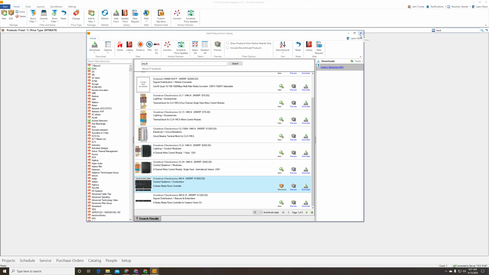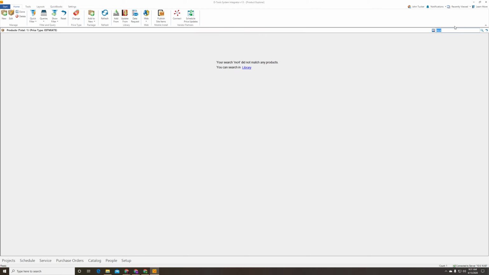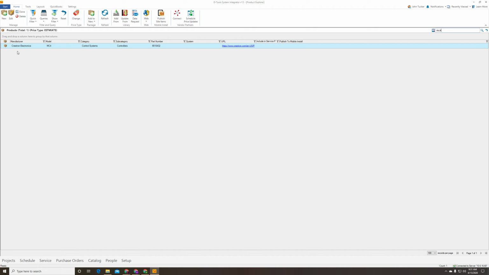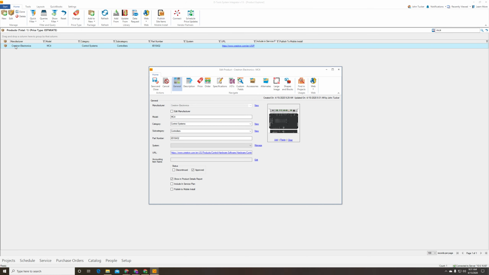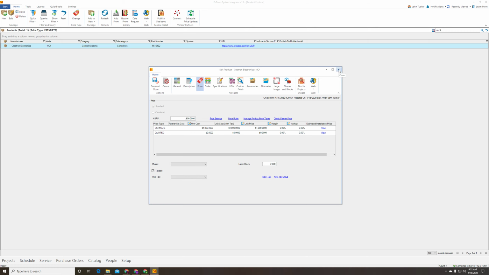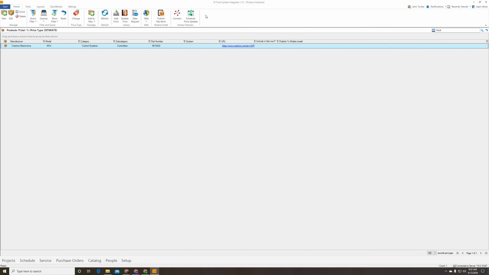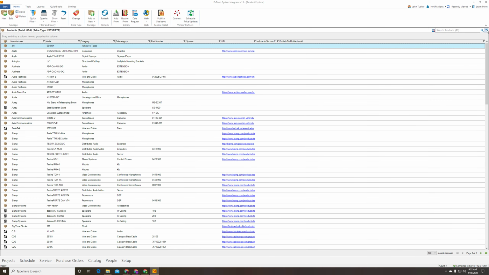If you were adding more products, you would just search them here and add them, and do that same process again as far as clicking the item in the downloads and entering the price. So now if we search for MC4, we find that item in our library. So here it is. And we can see the price that we just added is on there. So the product is now available for us to add to any of our projects